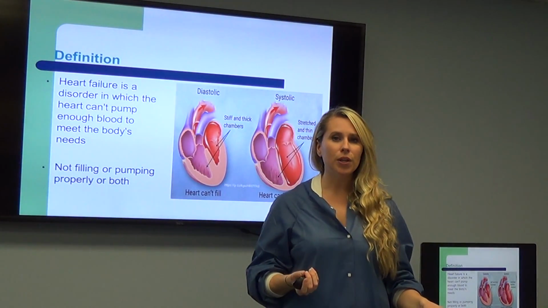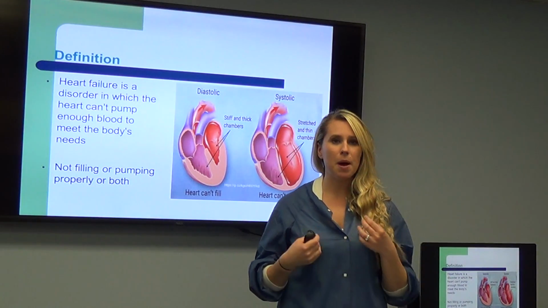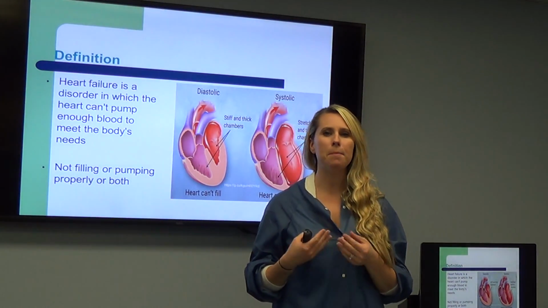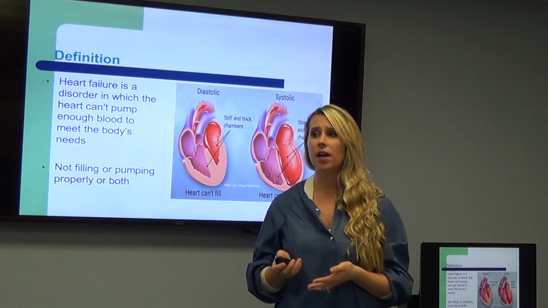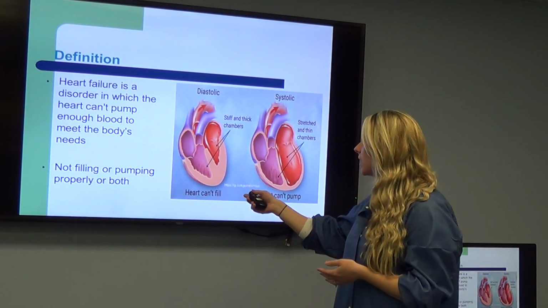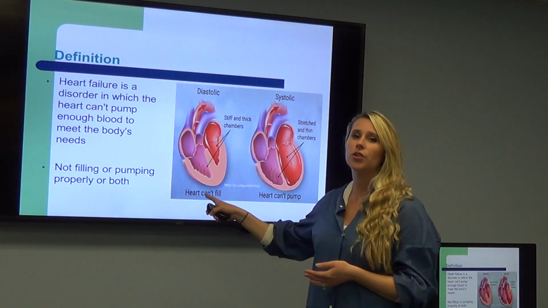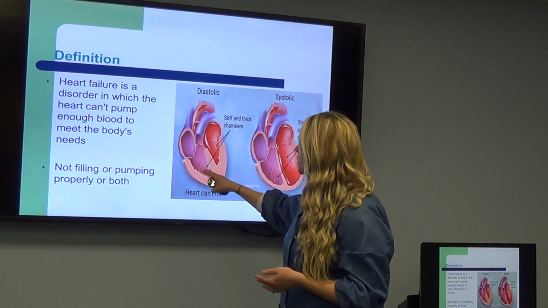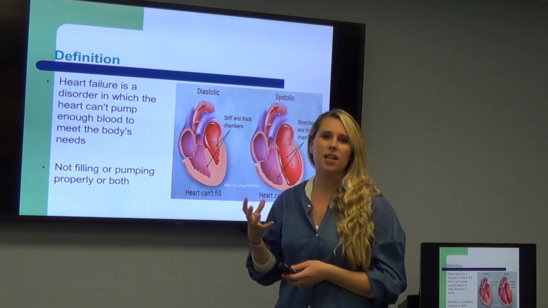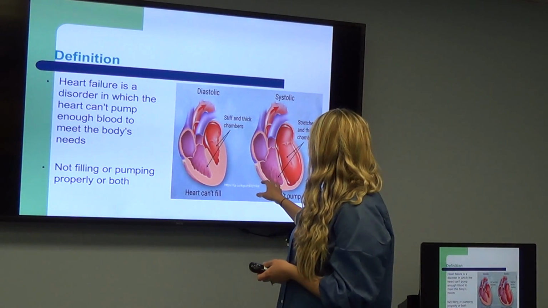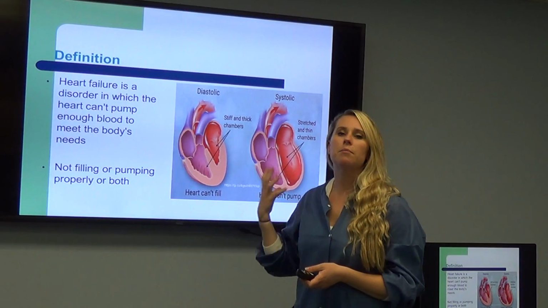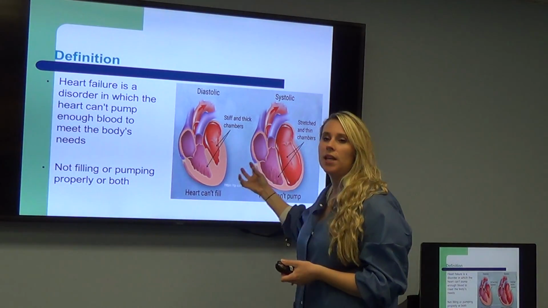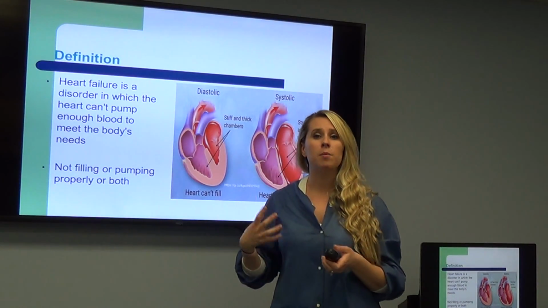So heart failure is a disorder in which the heart can't pump enough blood effectively, so it's either not filling enough, or it's not pumping enough, or it could be both. As you can see in this diagram here, in diastolic heart failure, the heart isn't filling enough. So the chambers here become stiff and thick, and it's unable to contract. And in the systolic, the heart can't pump enough. So the chamber is overstretching, the blood is pooling, and it's backing up and not being able to be pumped